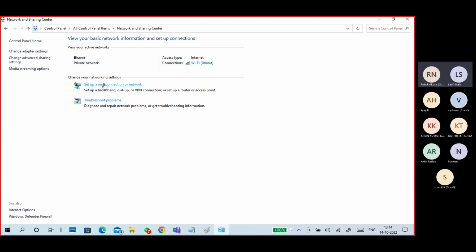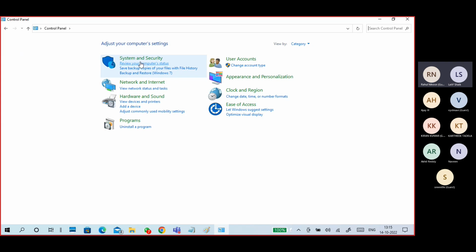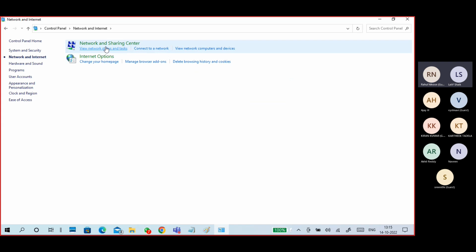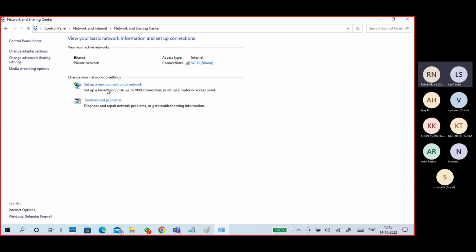So you can see Set up a new connection or network. Are you able to see this one, guys? Control Panel, Network and Internet, Network and Sharing Center. Are you able to see this line, Set up a new connection or a network? Yes, sir.